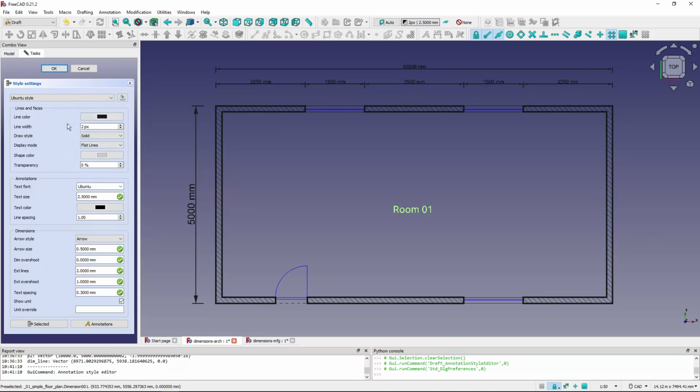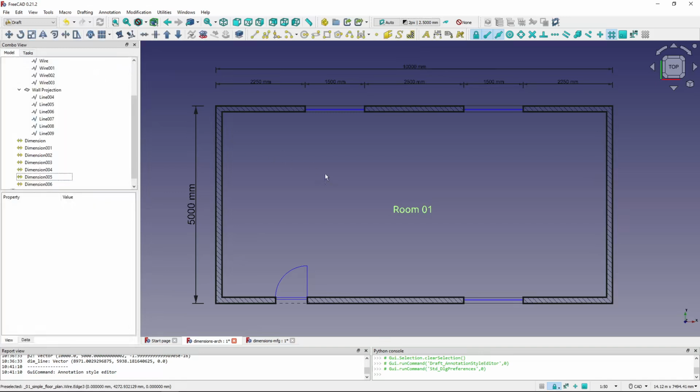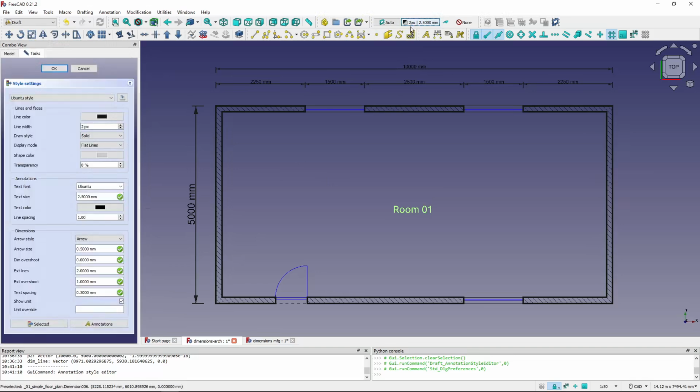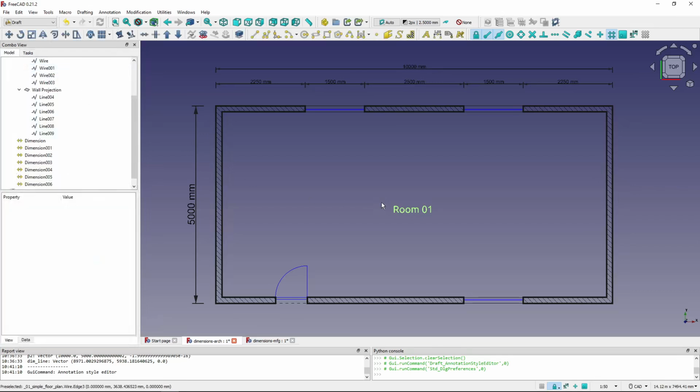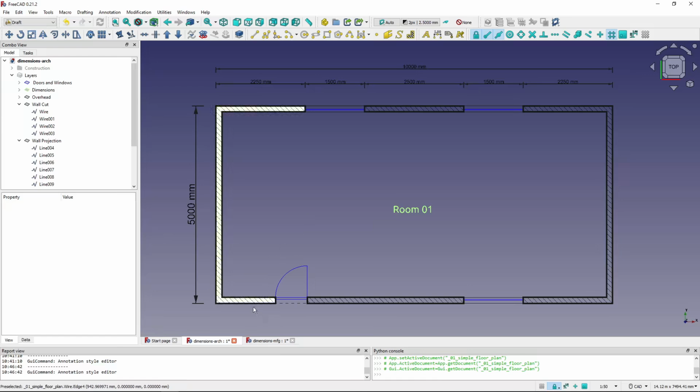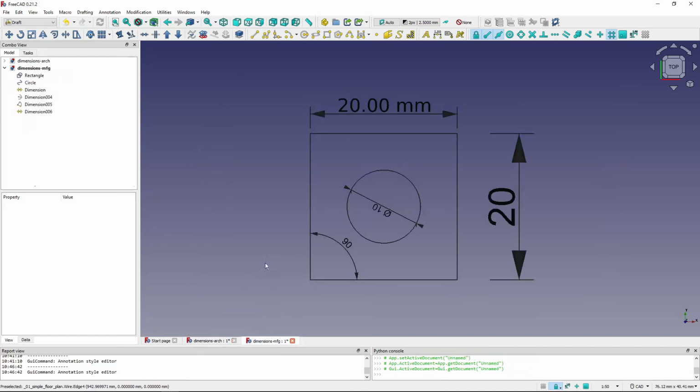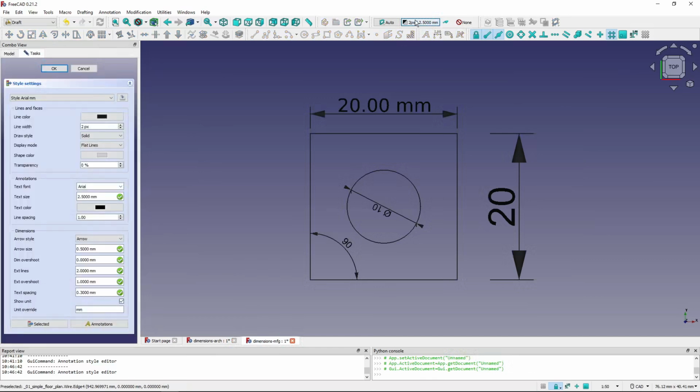So it's saved together with annotation and dimension styles. Let me change to my original Radial style. And again, these presets are available in all your drawings, in all your FreeCAD installations. So if I go to this original drawing, I can choose between the Ubuntu style and the Radial style that I created in the